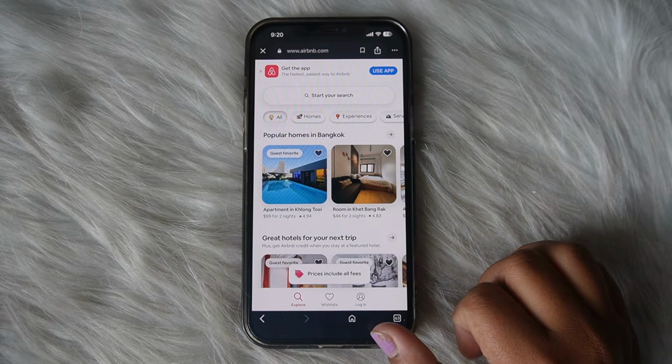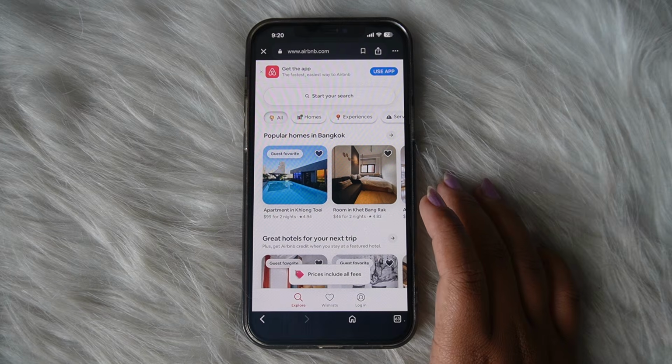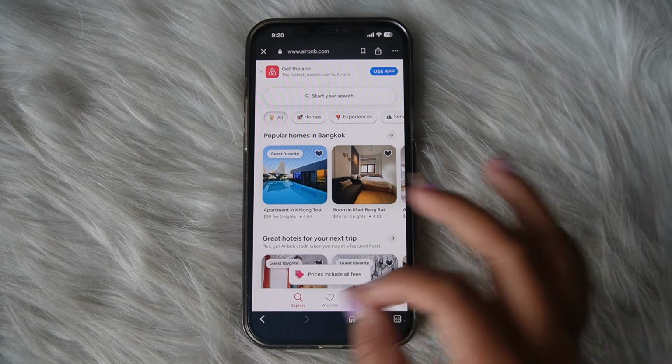How to fix Airbnb account suspended as a host. So in here, the very first thing that you need to do is first of all, review all of the